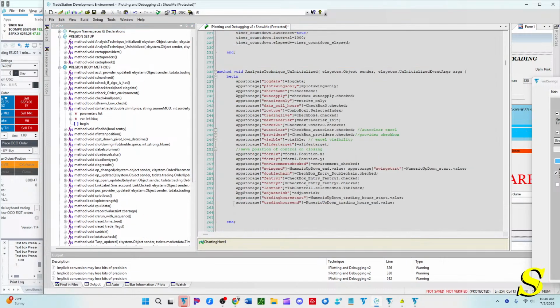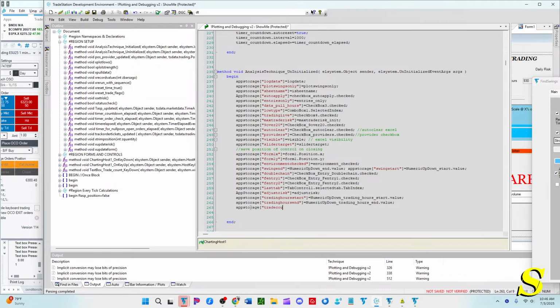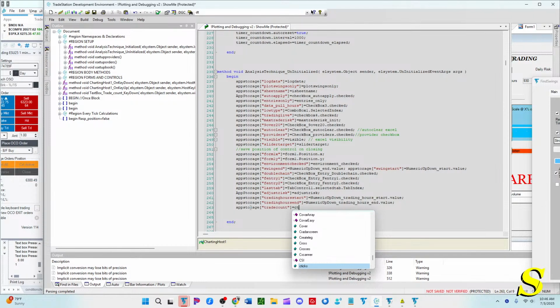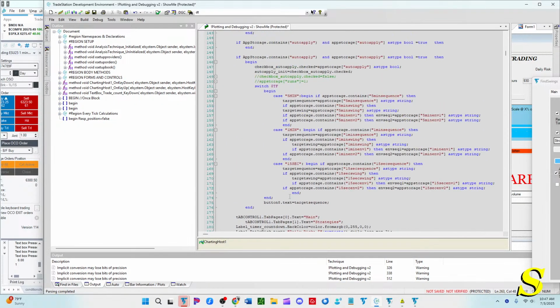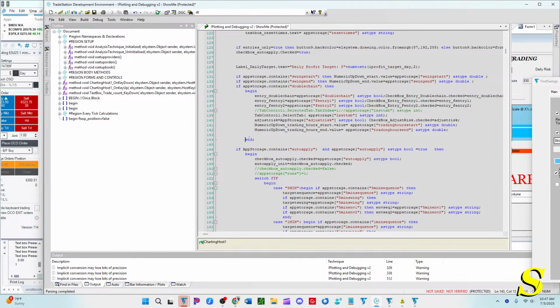we need to store in app storage trade count equals C trades today. So when the program is initialized and uninitialized, it will have this value. Okay, so trade count, app storage trade count. It's just going to be another one of those things that we update with the chart when we bring the analysis technique back up. So C trades today is going to be equal to